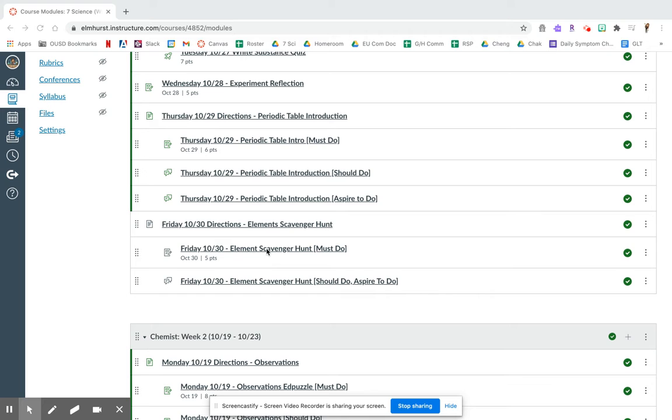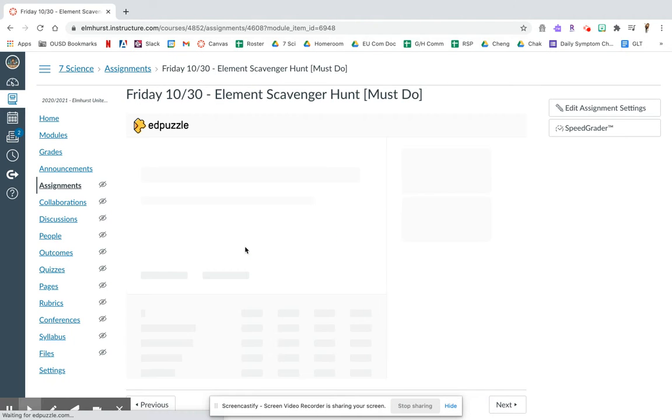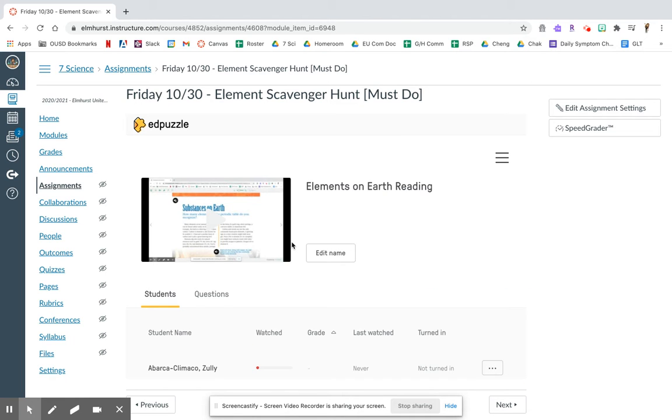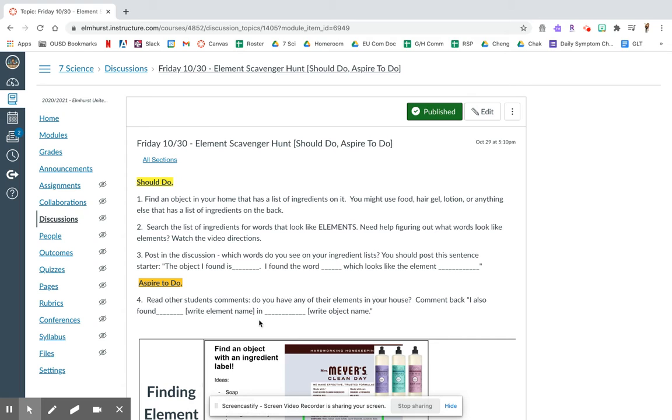So you're going to start by doing the must do, which is a short 3-minute Edpuzzle reading about elements on Earth. So you're going to press play, make sure you make the Edpuzzle full screen, and answer those questions. The must do assignment is pretty short today because the should do and aspire to do are a little bit